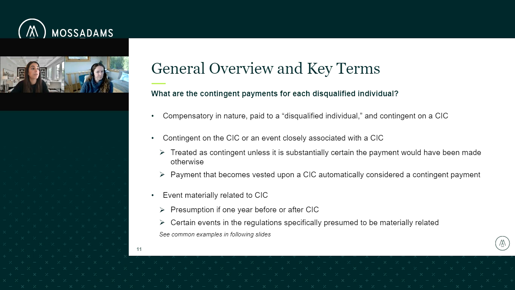For events materially related to the change in control, there's a presumption that if the payments are made within a year before or after the change in control, they are materially related. And then there are certain events in the regulations that specifically are presumed to be materially related to the change of control. These events include the onset of a tender offer, a substantial increase in the market price of a corporation's stock over a short period preceding a change in control, cessation of listing of the corporation's stock on an